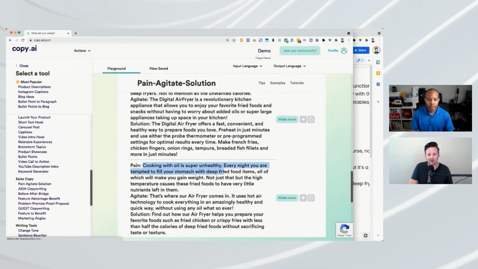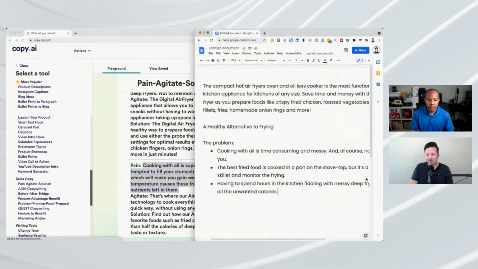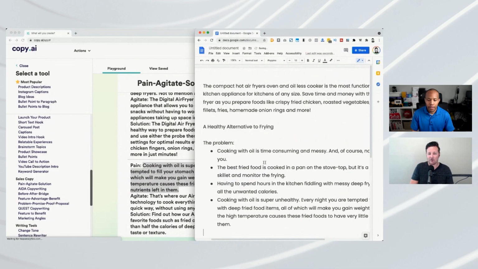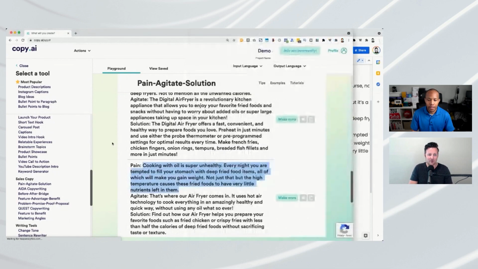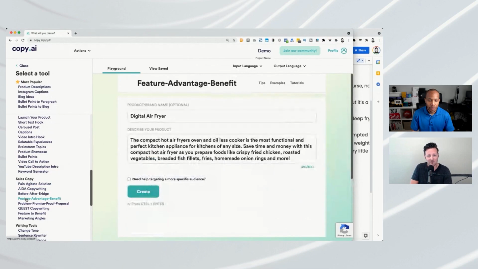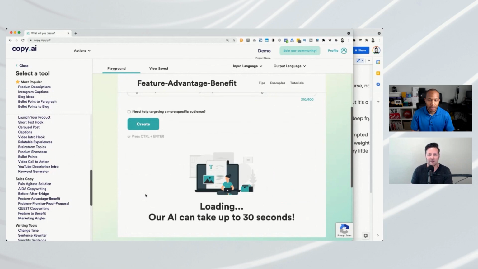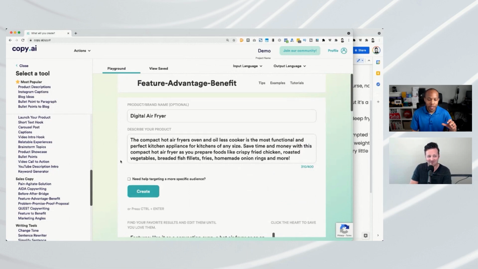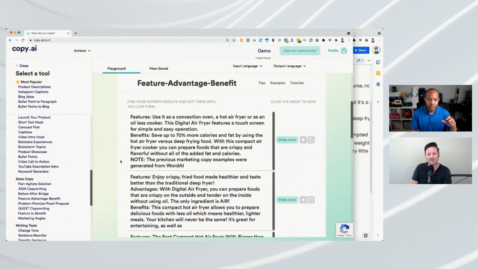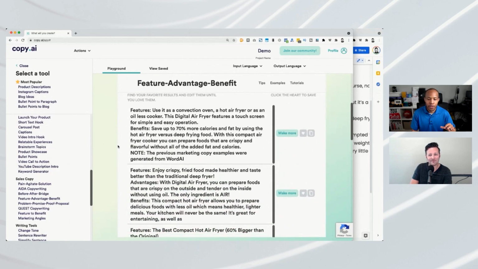So I'm going to take all these pain points and say, great, I've got pain points. You can sit there for a little bit, but no one likes to sit on pain points all day. So then I would go into the feature advantage benefit. And this one's just magic. We click on this one, and it's going to give you a more positive angle. This is blowing me away with all the subcategories that you can create from.